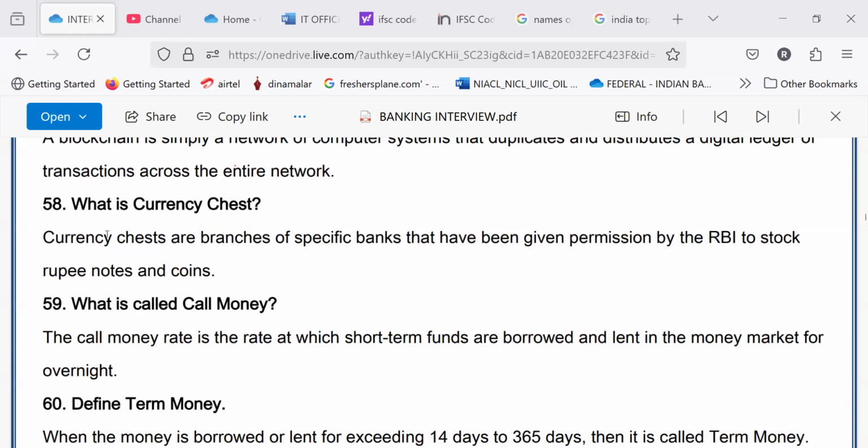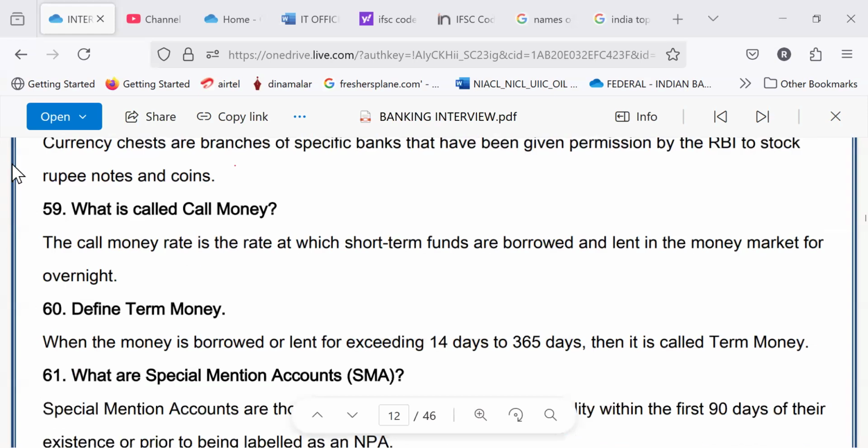What is call money? Call money rate is the rate at which short-term funds are borrowed and lent in the money market for overnight. Please read again. Call money. What is the call money rate? The call money rate is the rate at which short-term funds are borrowed and lent in the money market